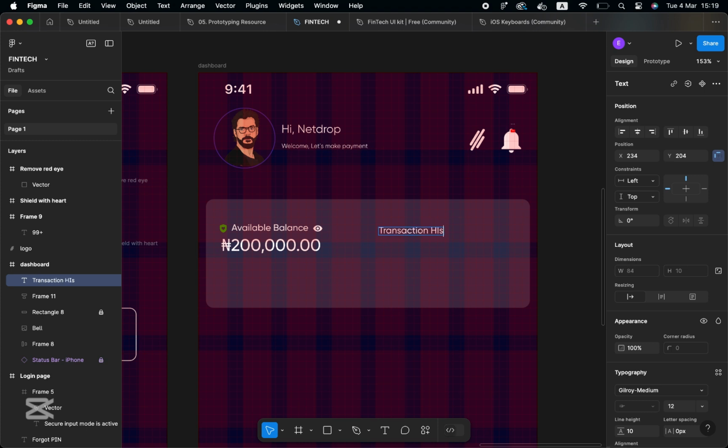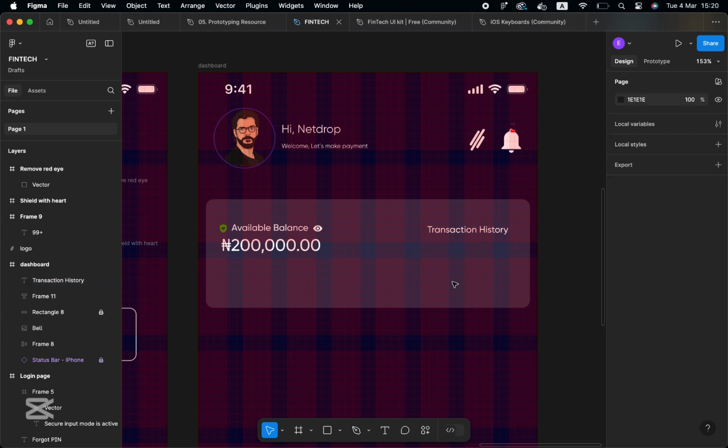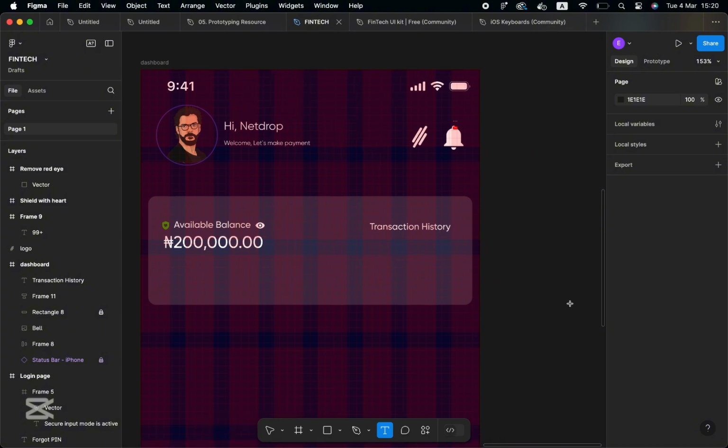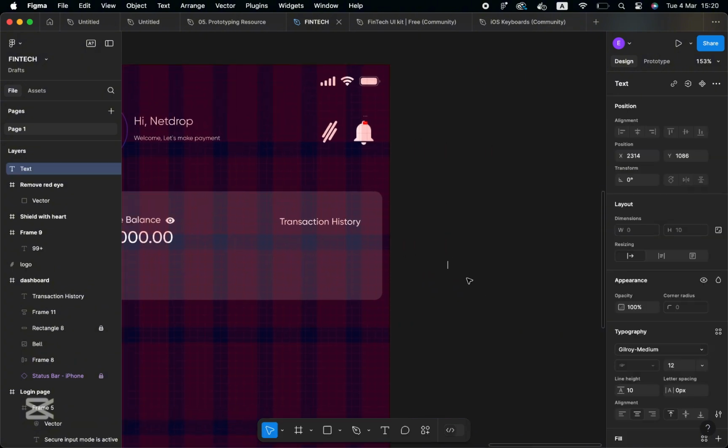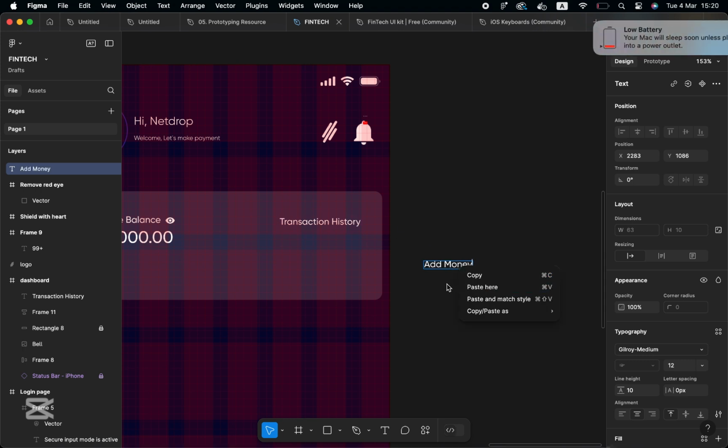Now we want to move over to the transaction history section. So that is what I'm trying to achieve. Like I made mention, I'm using the font Gilroy Medium, and then after the transaction history, you need to add the add money section. For the add money section, we'll create a text and say add money, and after that we're going to use the framing method to